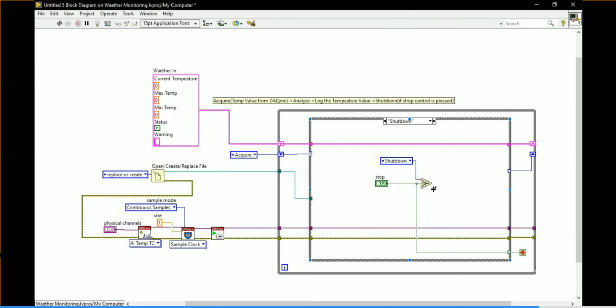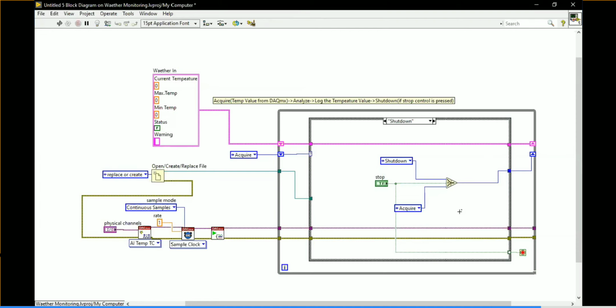Or else, if the stop button is not pressed, I want to start doing acquisition continuously. So go for acquire here, and connect this output value to the case structure terminal over there. Okay, that's it. The problem will be completed over there.